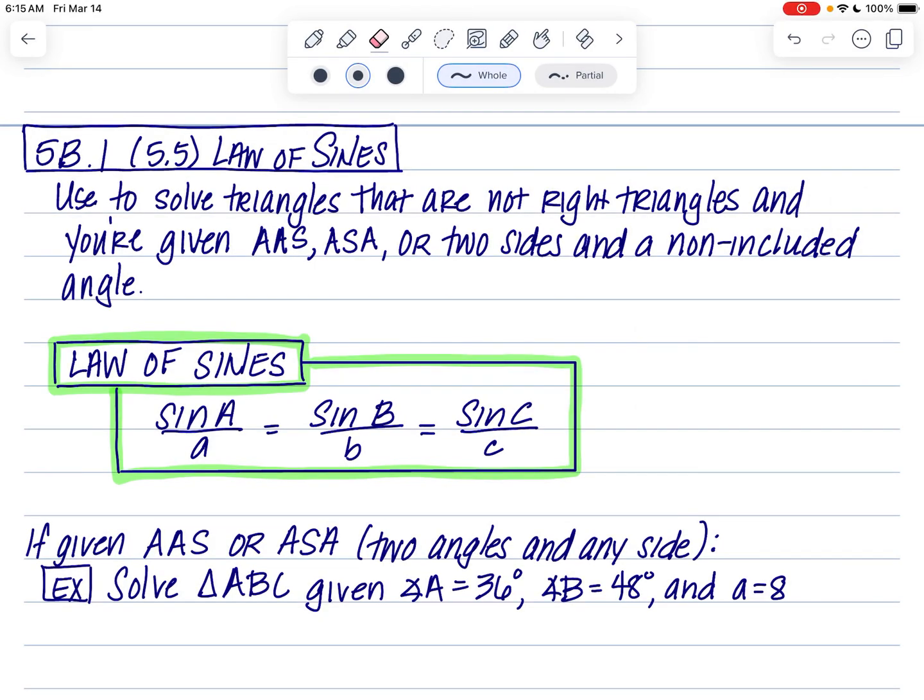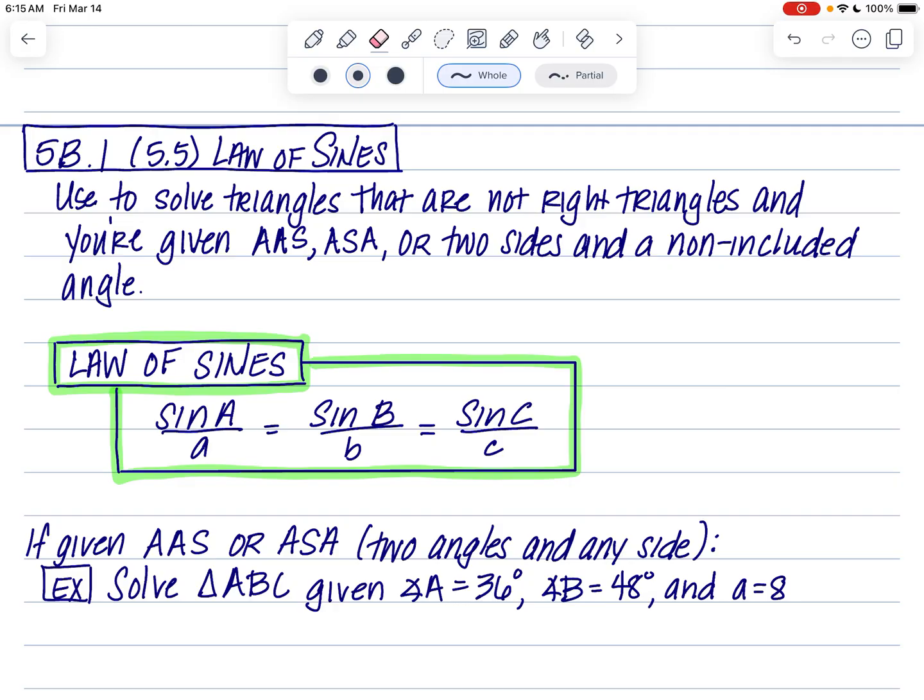Welcome to the second half of chapter 5, and today we are going to talk about what happens when we don't have right triangles. So how do we solve triangles if they're not a right triangle? The first thing we're going to talk about is called the law of sines. The law of sines is an extended proportion that you're going to use to solve triangles that are not